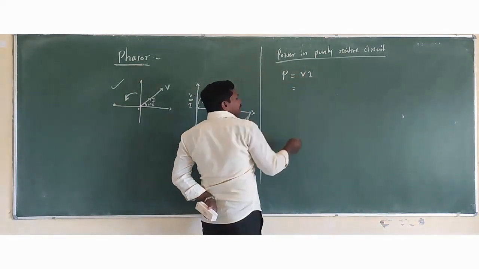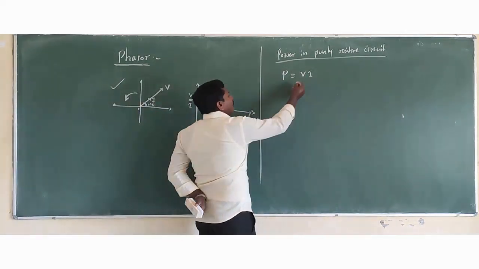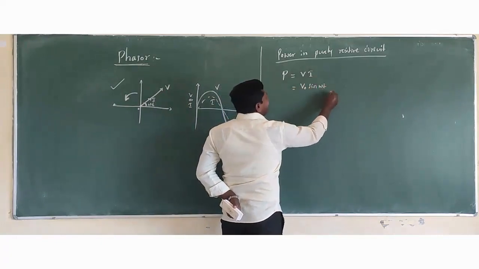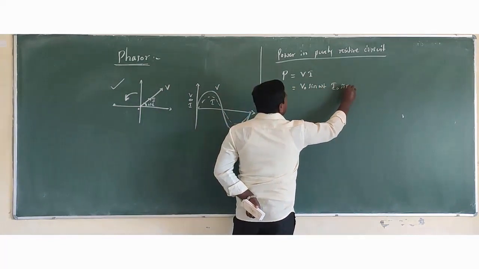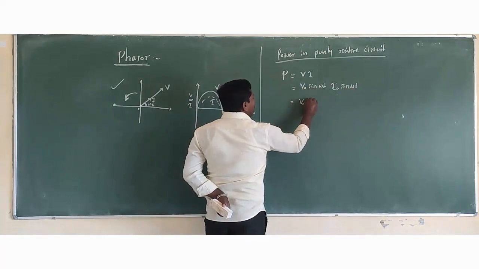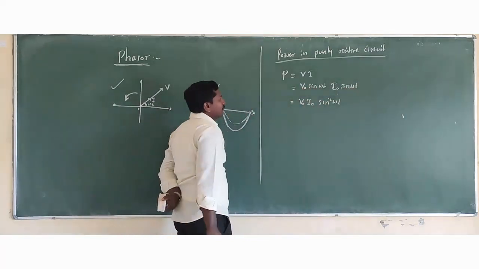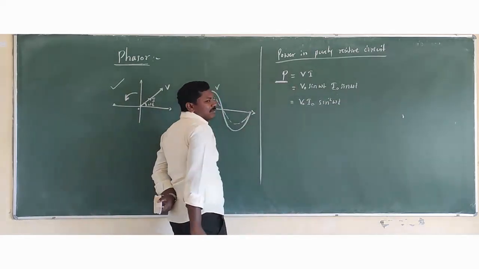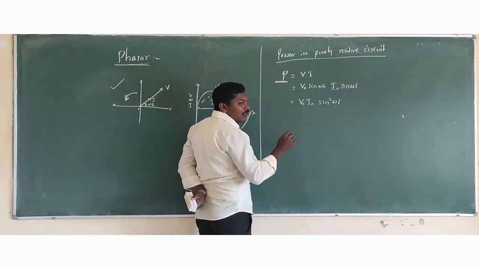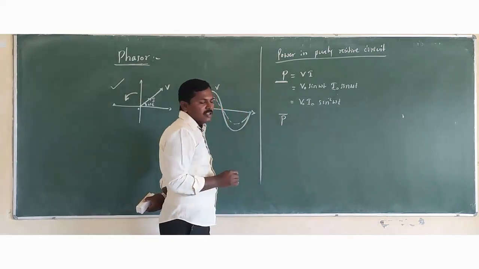According to the waveform of voltage and the waveform of current, we know that V can be written as V naught sine omega t and I can be written as I naught sine omega t. So this can be written as V naught I naught sine square omega t, and this represents instantaneous power. Now the average power for one complete cycle can be represented by P bar, which is equal to